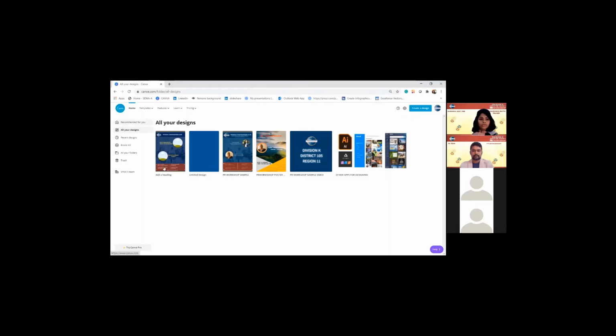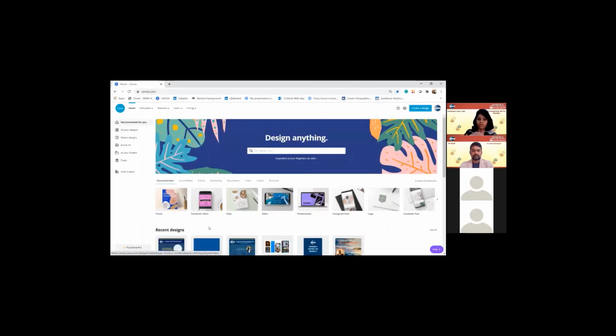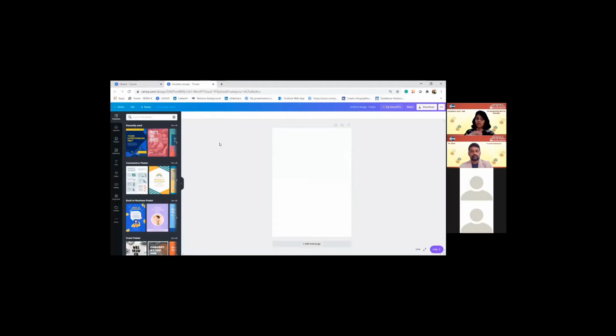Now going to the home one. So I will start making the poster using the A4 size. We also have other features like Instagram. When you're trying to make a poster and you want to post it on Instagram, I would advise use Instagram post size or the Facebook post size, which is 1080 into 1080 pixels. But now we're going to make one in the poster size. So are we all on this page? Just keep giving me a thumbs up so that I know we're all on the same page and I'm not going really fast.